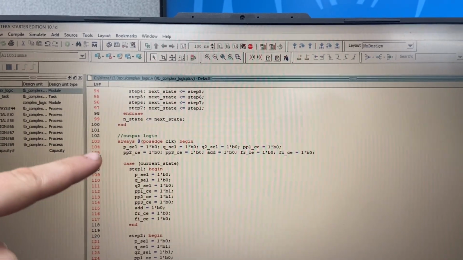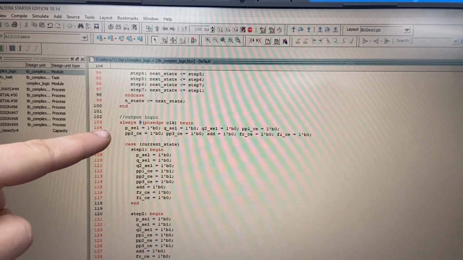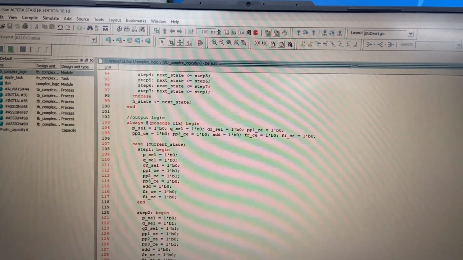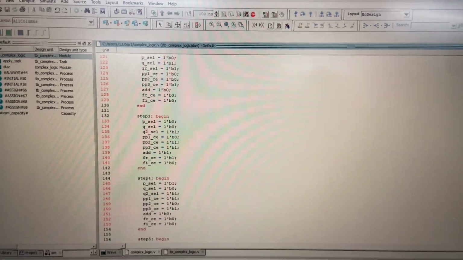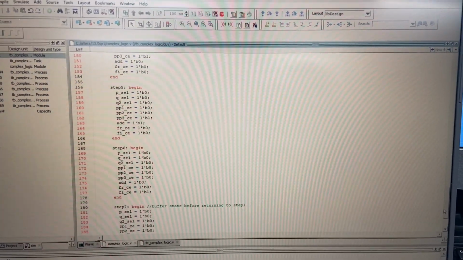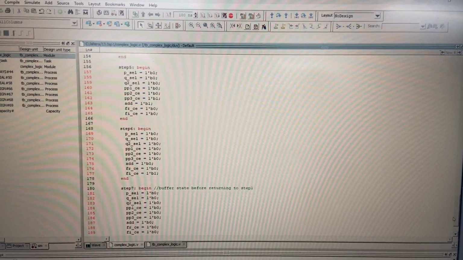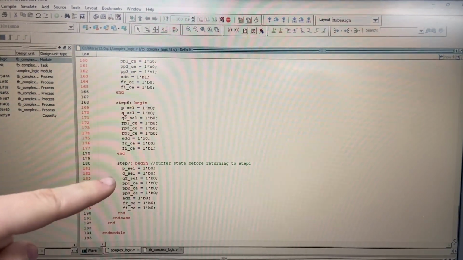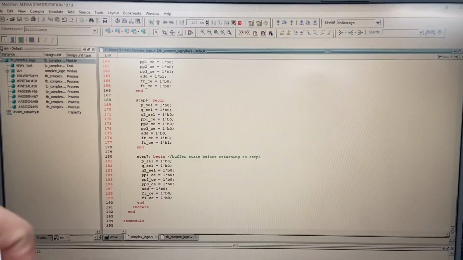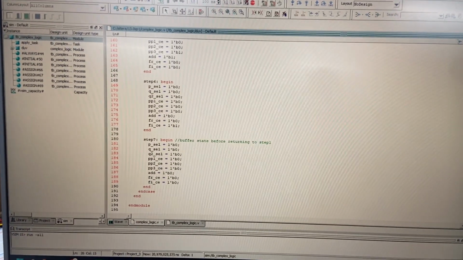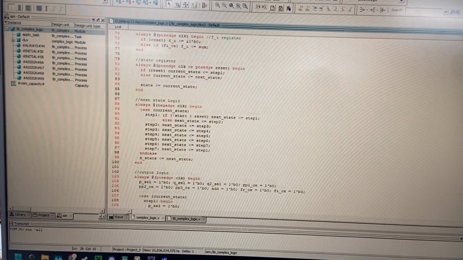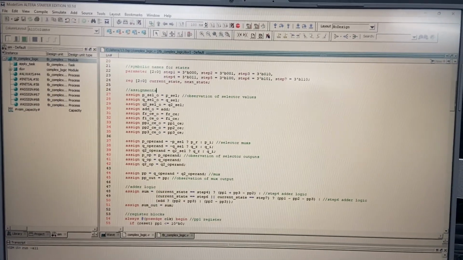After this, we have the output logic, which is just setting everything to 0 initially, and then setting our values per step. So this part isn't too bad. Everything else, a little crazy. And then I did have to add a buffer state because it would switch to step 1 too quickly, and I would lose my final value. After all of that is now said and done,